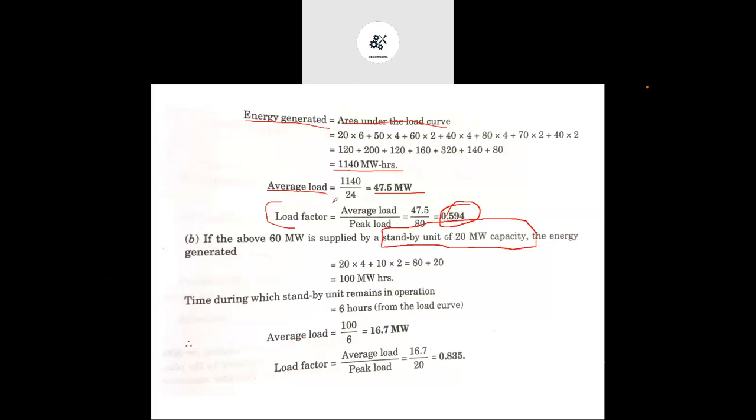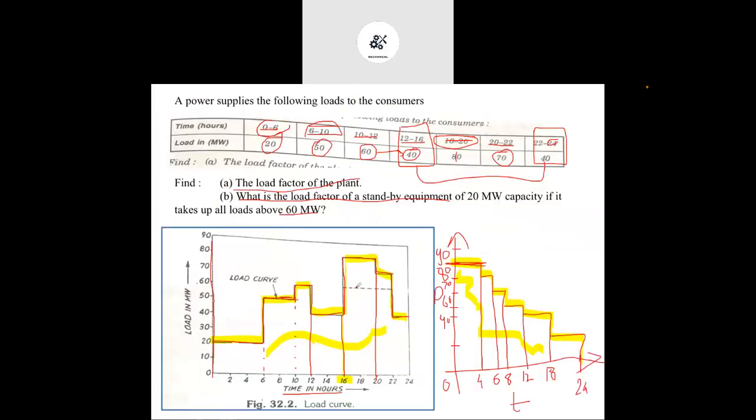So in that case we have to find out the load factor for that particular standby unit. Okay, so in that case, whatever energy is generated by this particular standby unit, we have to first of all find out. So the same formula you have to use, but this time for the standby unit. Okay, so 60 megawatt will be generated by base load, and the additional requirement of 20 megawatt will be generated by the peak load power